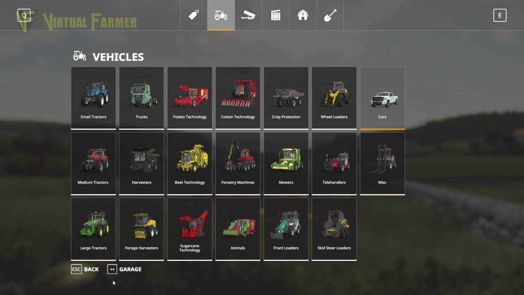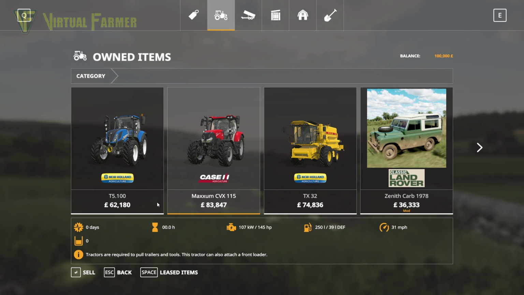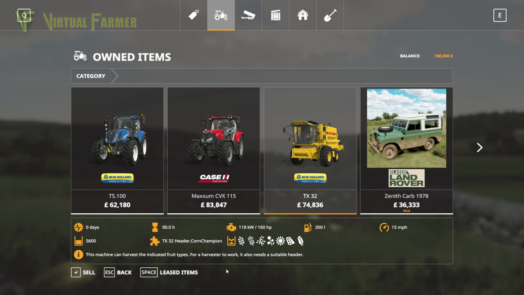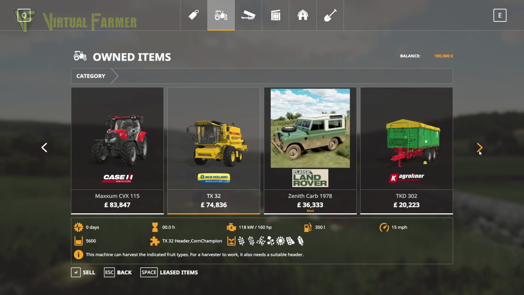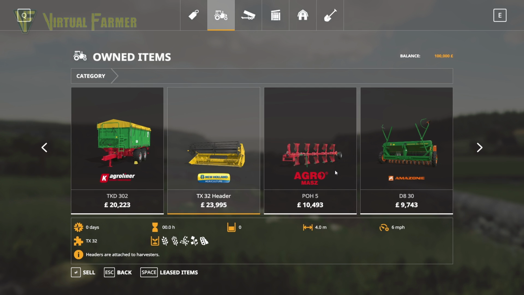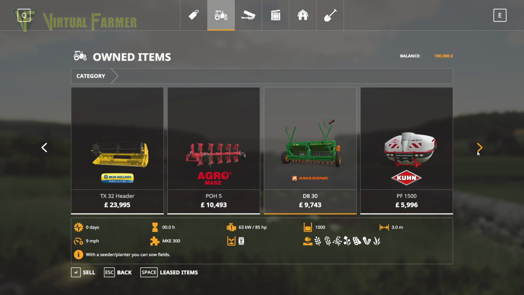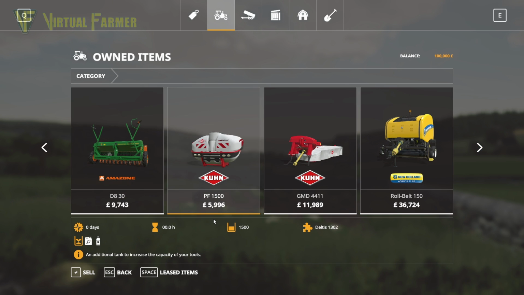If we have a look in the garage and see what we start with. So you start with a New Holland T5 100, a Maxim CVX 115, both in the low end of the power range. A TX32 combine. You have an Agroliner TKD 302 trailer, a TX32 header, an Agromass POH5 plow, an Amazon D830 seeder, a Kuhn